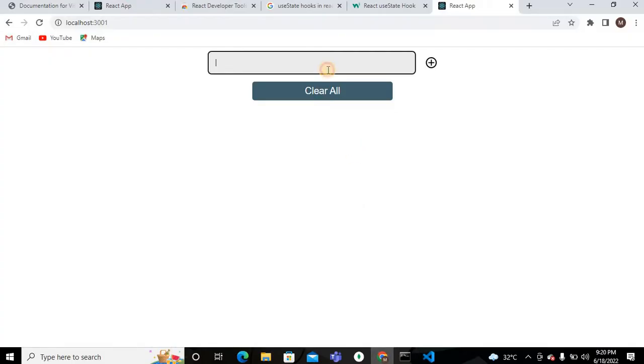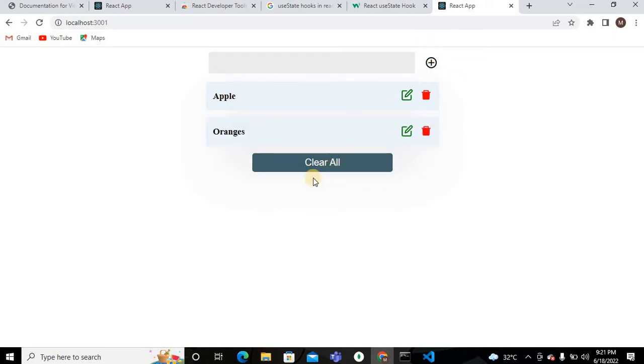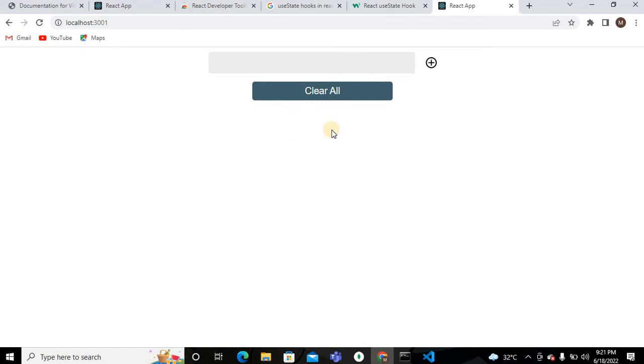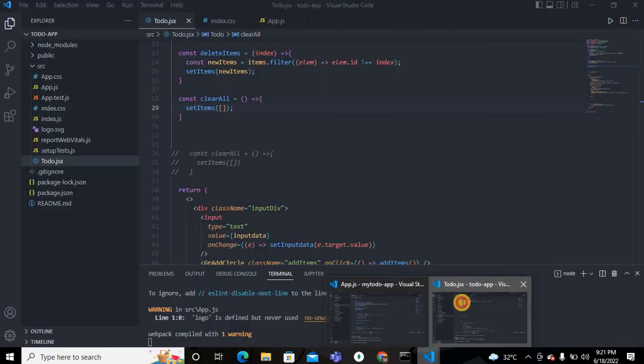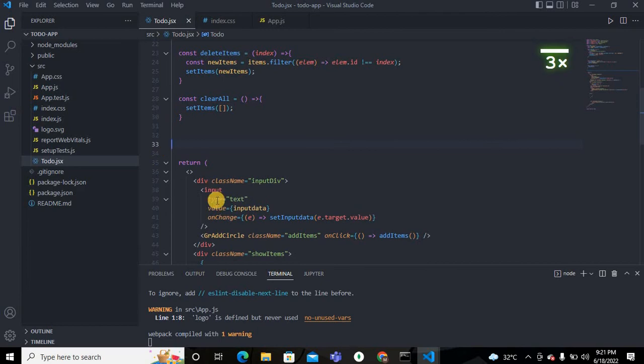When someone clicks this clear all button, all the items are deleted from my list. Okay guys, so I will check: at the moment I click this clear all button, all the items are deleted from my items list. So I hope you understand clearly. So after that,